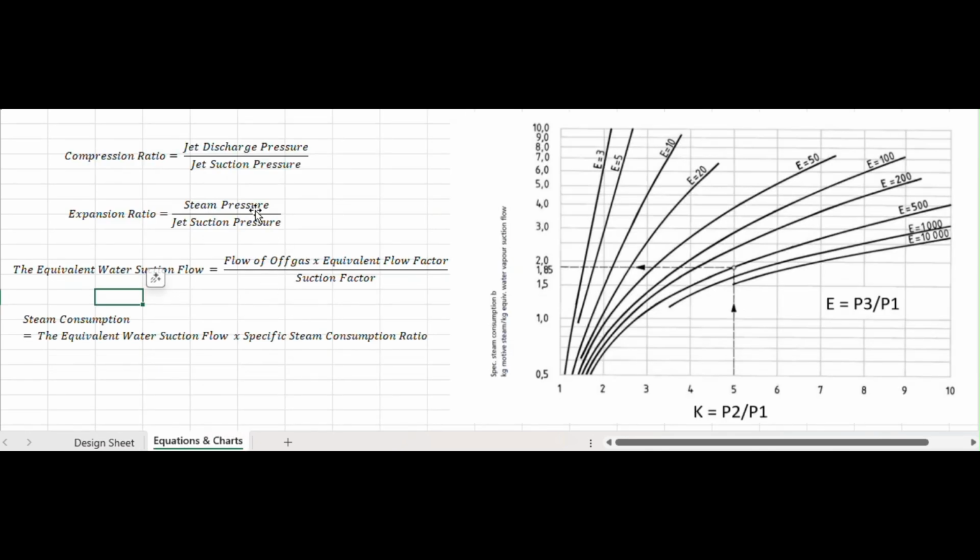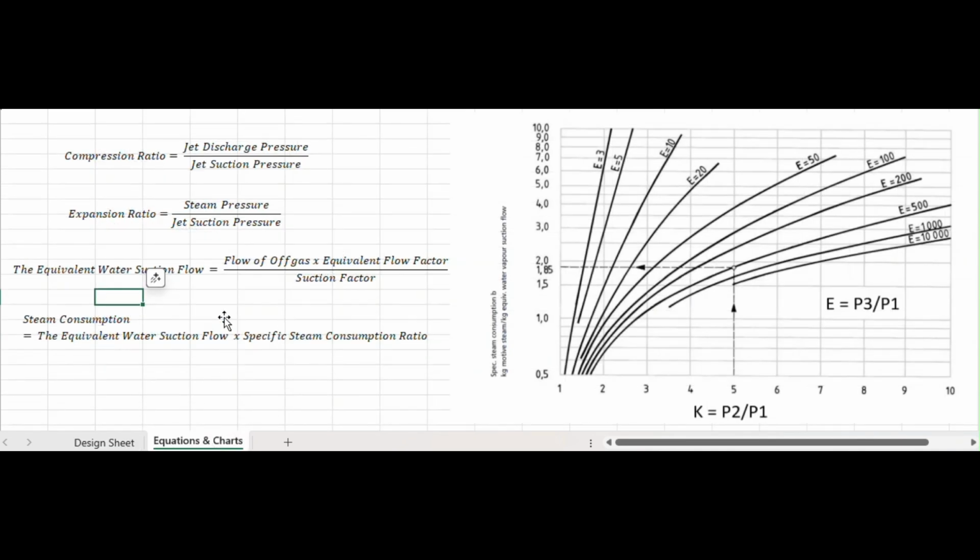Maybe you could put it as a rule of thumb, like your compression ratio should be somewhere between 3 or 4 or less. If it is more, then you need to do multiple stages. I mean, if you are pulling even a much deeper vacuum, then you might need even 3 stages or 4 stages. Okay. And the expansion ratio, that's the steam pressure divided by the suction pressure,